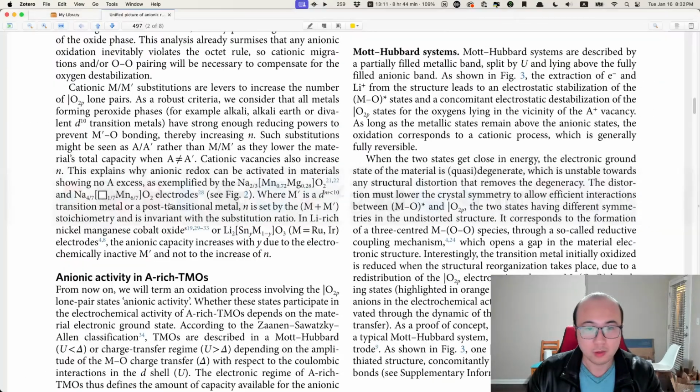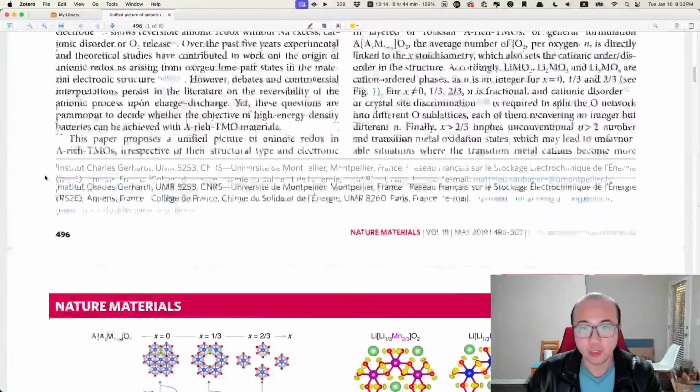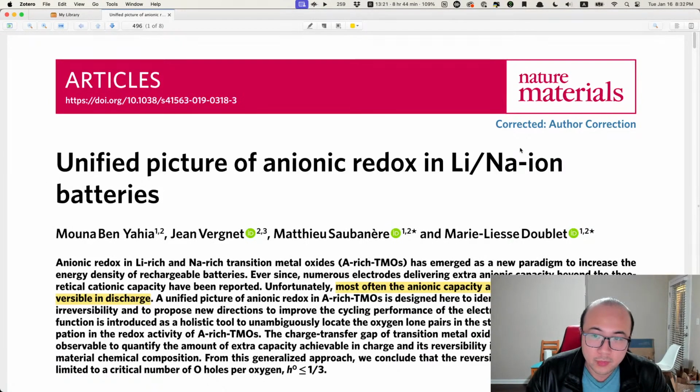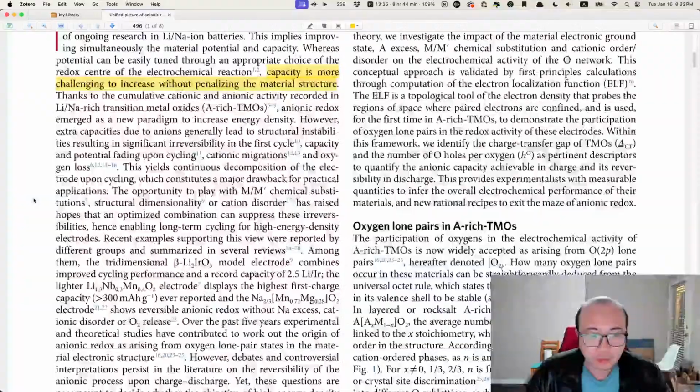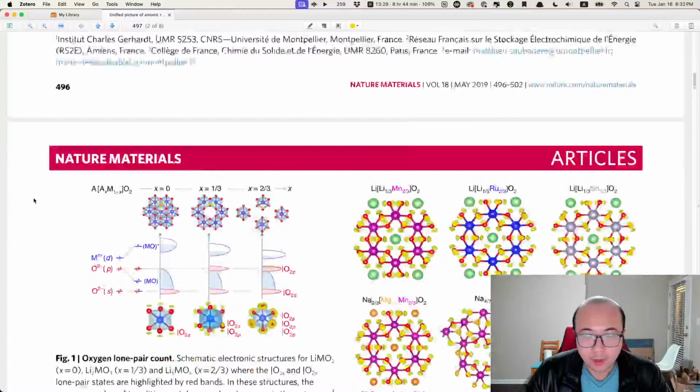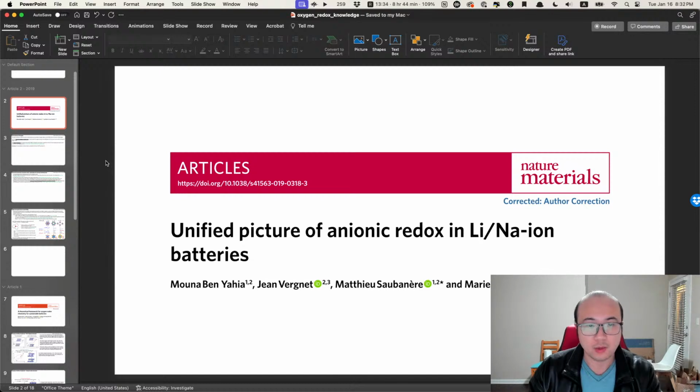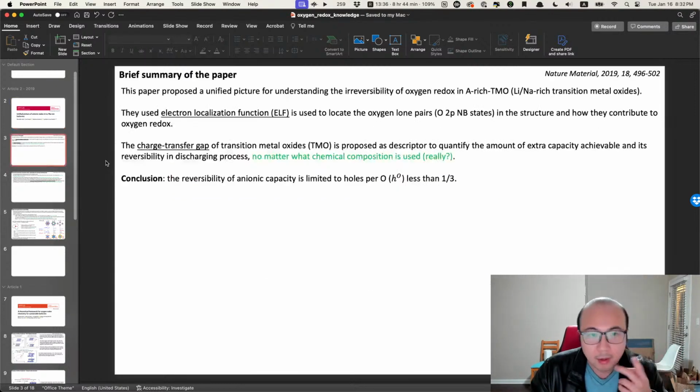All right, so we're going to read this paper: The unified picture of ionic redox in lithium sodium ion batteries. And let me check what I have summarized in here. Yeah, so this is the name of the paper and a brief summary of the paper. This paper proposed a unified picture for understanding the irreversibility of oxygen redox in A-rich